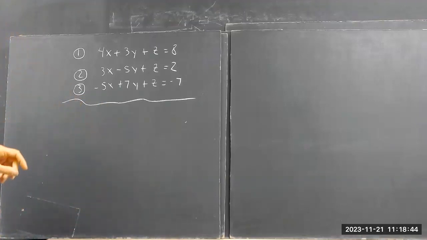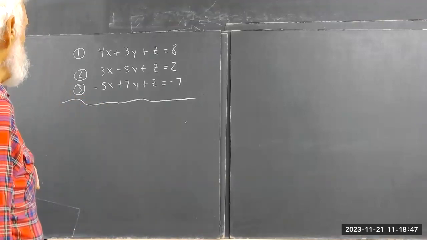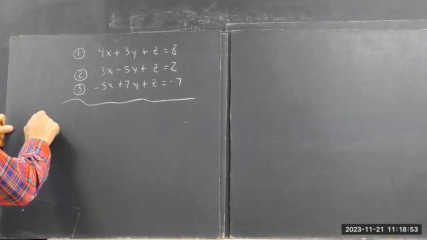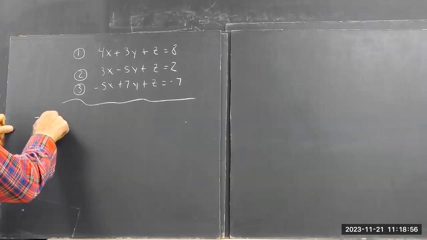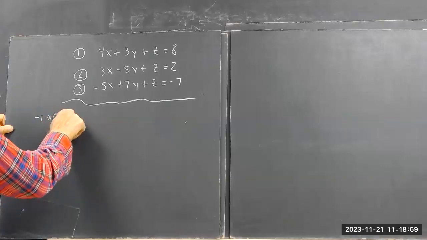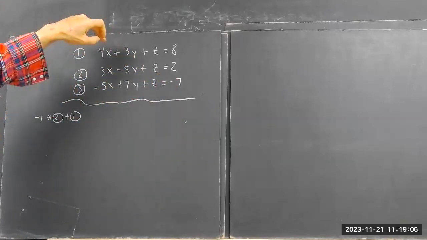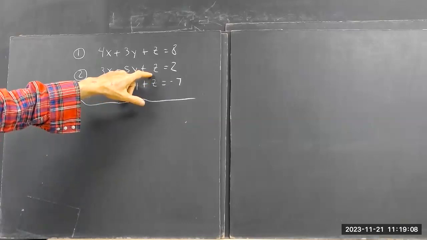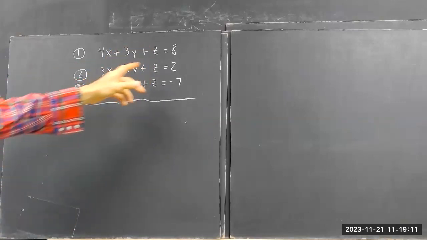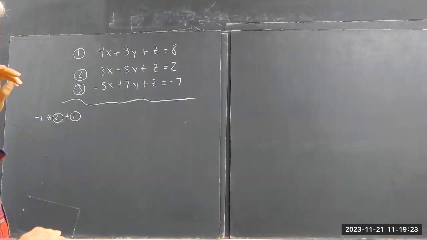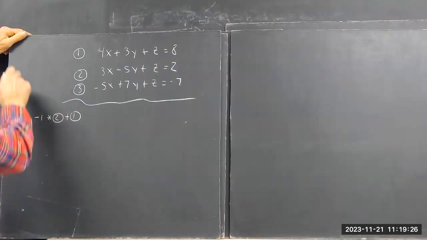So what we're going to do is, let's say, multiply equation 2 by -1 and add that to the first equation, okay? Because that'll eliminate z. So if I multiply each of these by -1, and actually I'm going to stop a minute. No, that's what I'm going to do. Okay. So off to the side, I can write